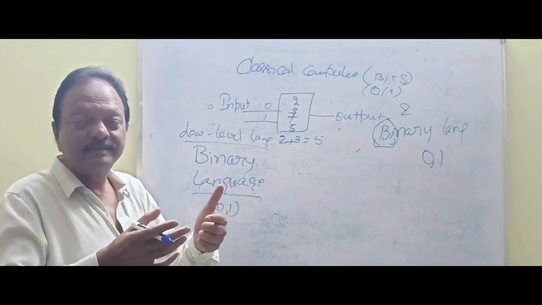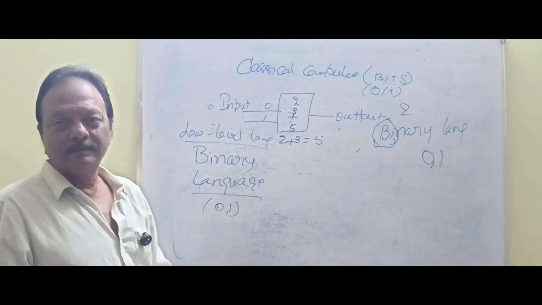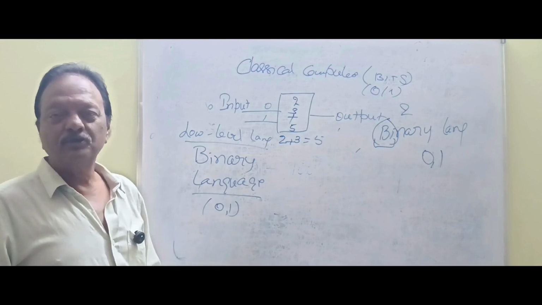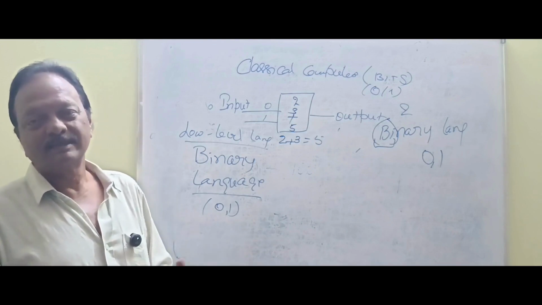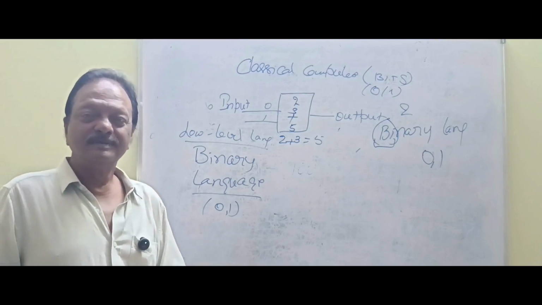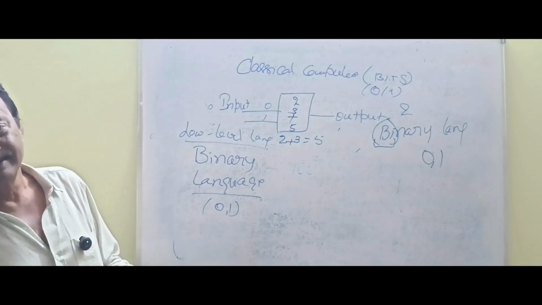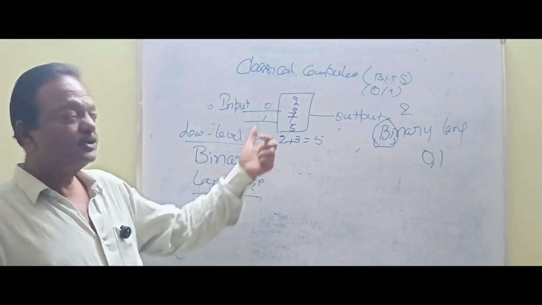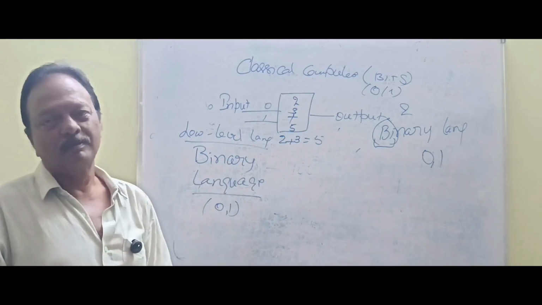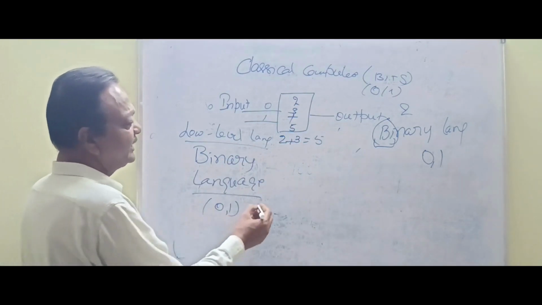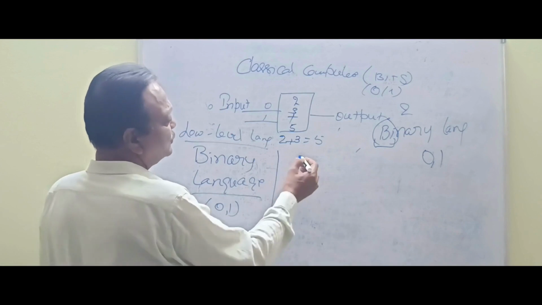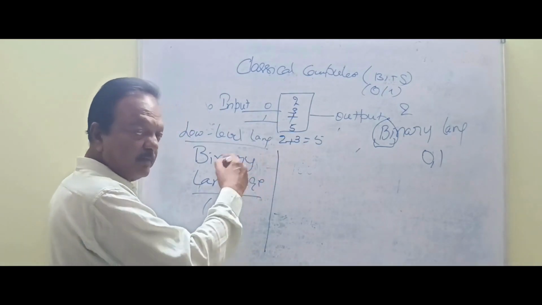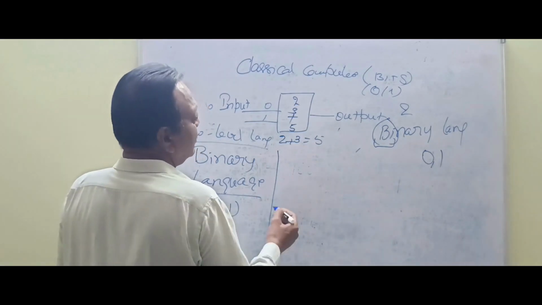Remembering all the commands, for example, add. How we wrote add: 0, 0, 1, 1, 1 like that. Or subtraction 1, 0, 0. Multiplication 1, 1, 1, 1. So it's very difficult to remember all those things and to give the instructions to the computer to solve the problem. Isn't it? So that's why, later, after binary language, we came to the